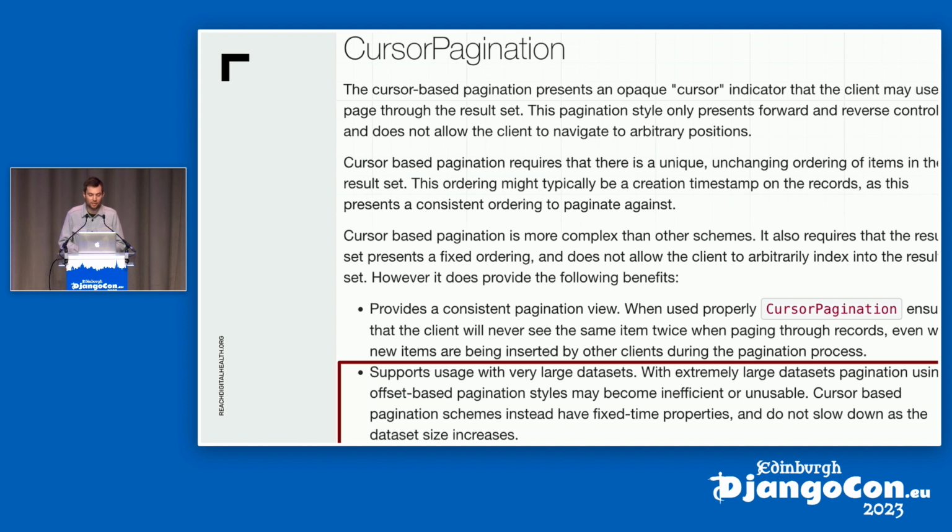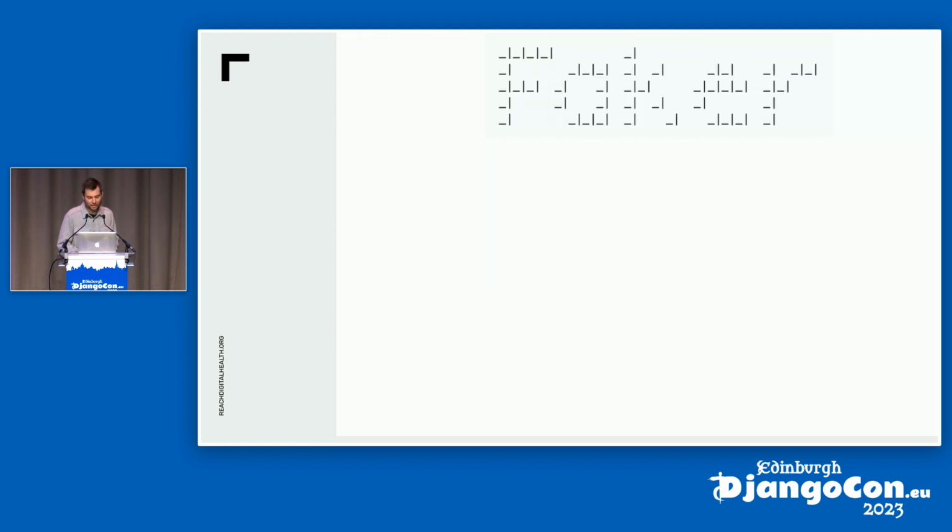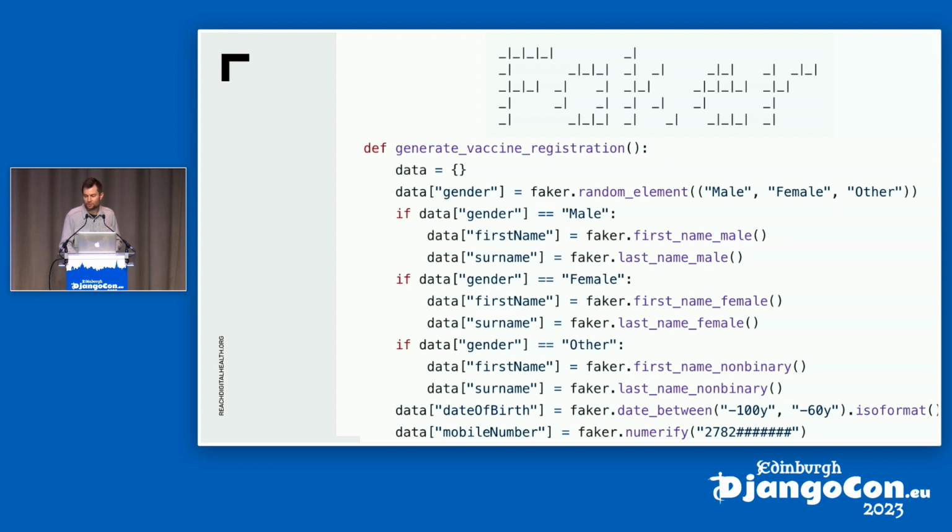For this, I found using a library called Faker works really well. This allows us to generate realistic looking but fake data to put in our database. It allows us to define things simply in Python, and it can generate a wide range of different data types that we can use to generate the realistic looking data without actually using our production data. The next step is now we need to put some sort of load on the system.